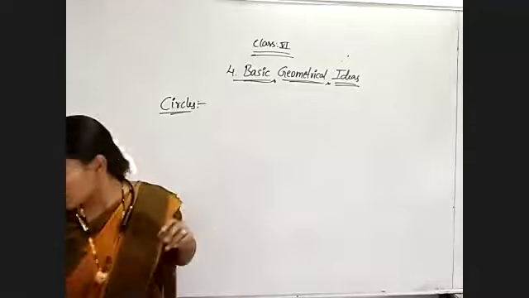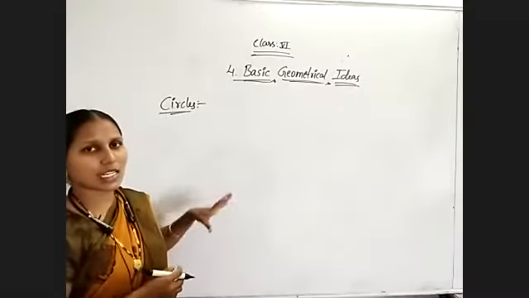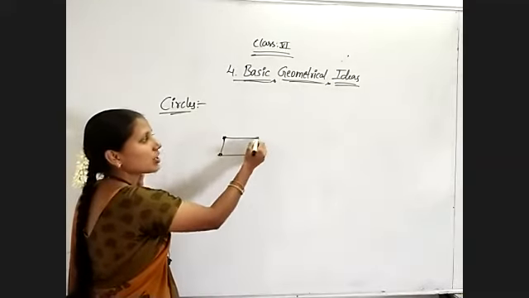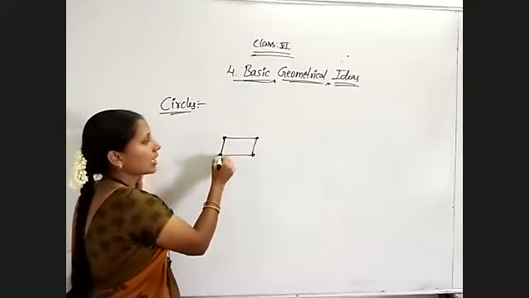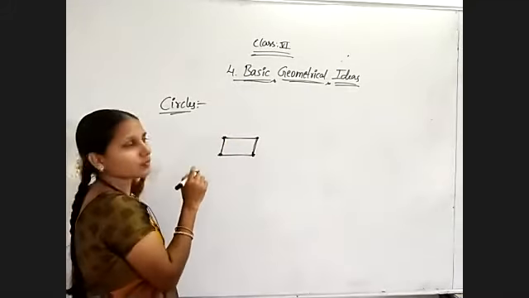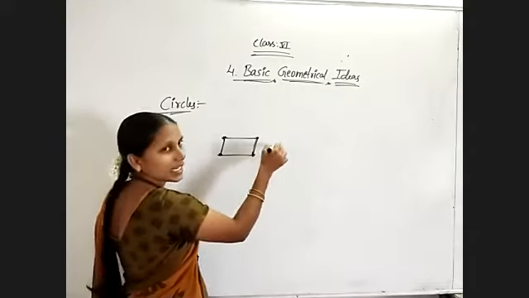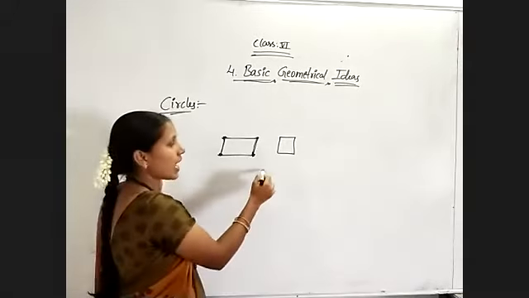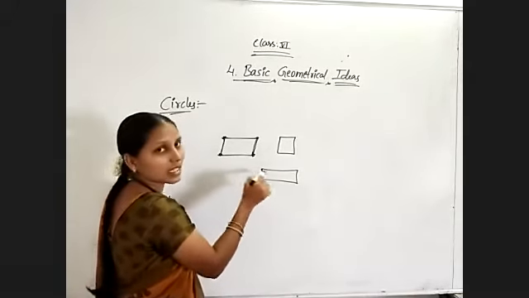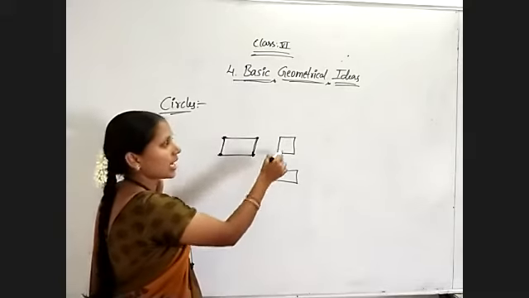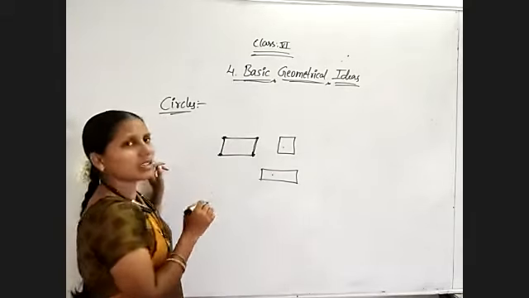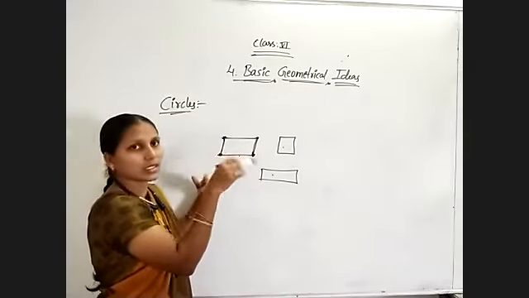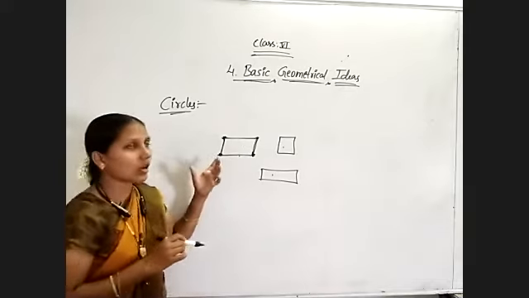See, just observe where we are getting the shape of a rectangle. One of the quadrilaterals is the rectangle. Observe your board itself. The board is an example of a rectangle. And any chart, if it has equal sides, is an example of a square. If it has unequal sides, the chart is an example of a rectangle. A TV screen is an example of a rectangle. A door is a rectangle.